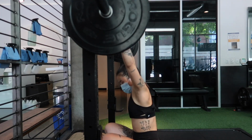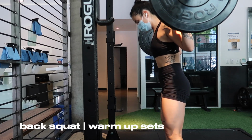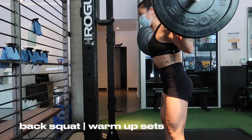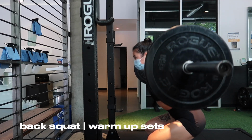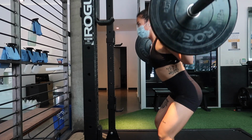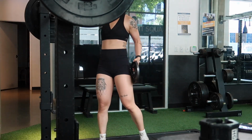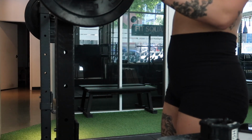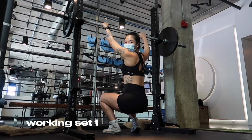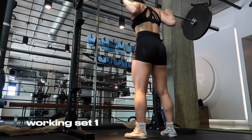I think I ended up taking about 3 warm-up sets, and this was my second time back squatting since I herniated my disc. So a little bit scary, but overall it felt good. It didn't look terrible. I'm pretty happy with it and ready to start building it back up. So it's a very humbling experience being injured. My first working set here, I'm looking at the camera like, please pray for me because